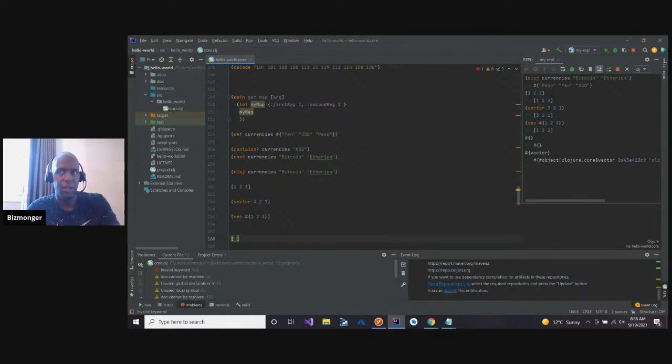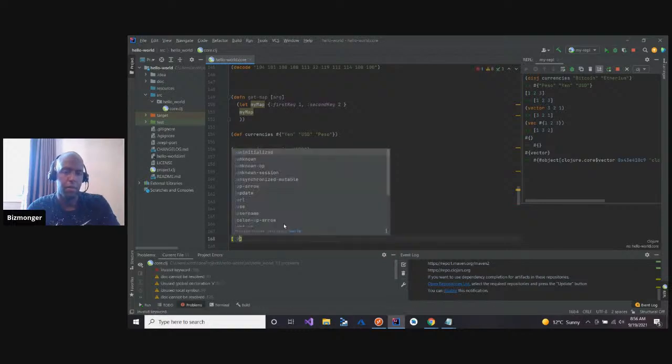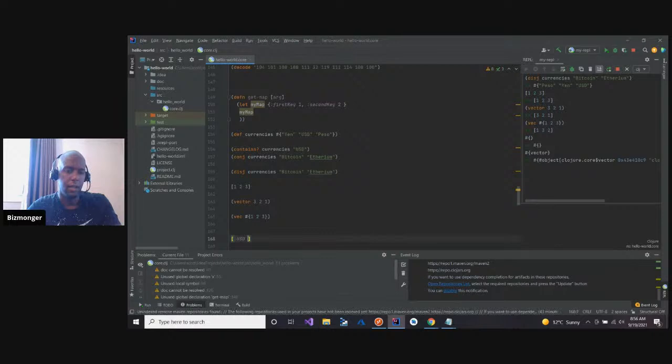So a key could be similar to an enum. You could say USD, then another one could be yen, and another one could be pound. You don't have to put in double quotes or anything.